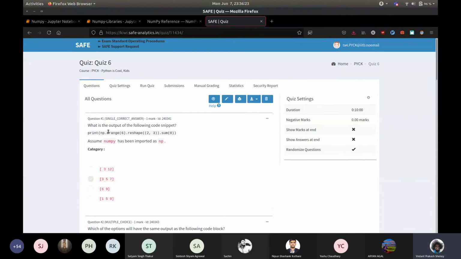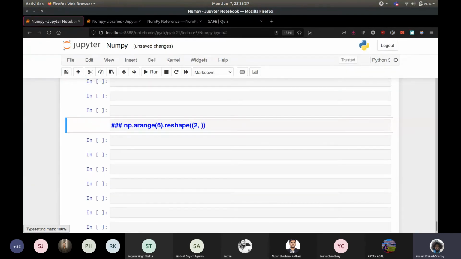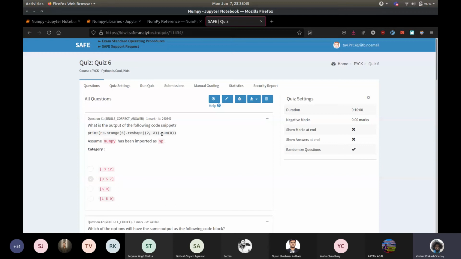Okay, so the first question. np.arange(6).reshape(2,3).sum(0).